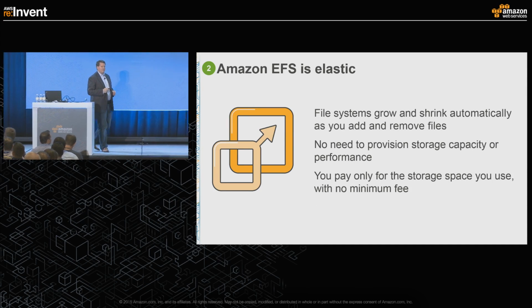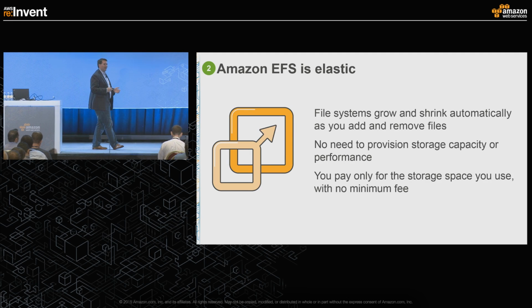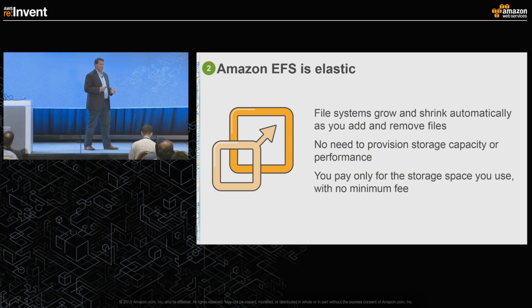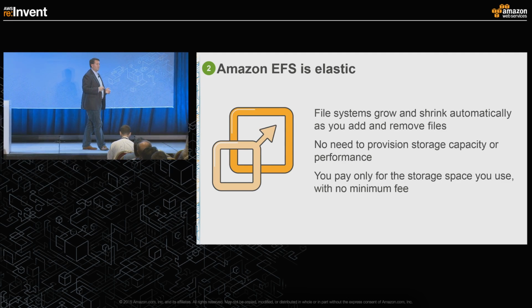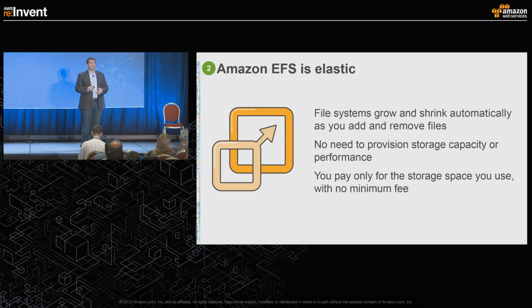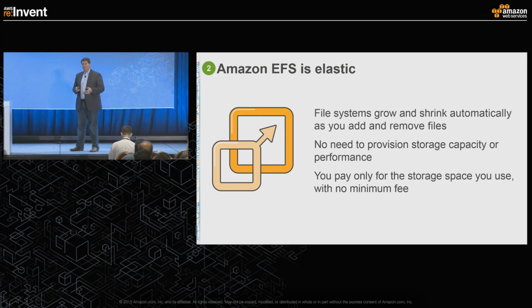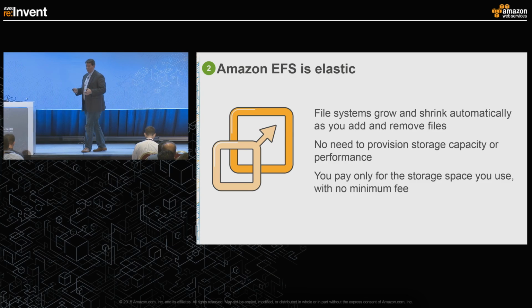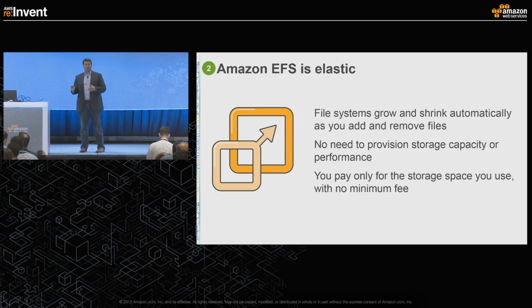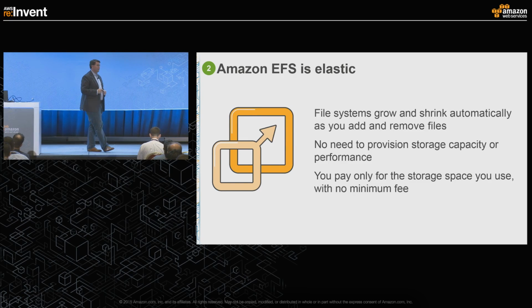Amazon EFS is elastic. The file system grows or shrinks automatically based on the volume of content you put inside of it. So with EFS, there's no need to pre-provision the volume of capacity in the file system. Today, with other approaches, you have to declare how big you think your file system is going to be. When you grow into that file system, you have to take it offline. You then have to roll forward a snapshot and try to grow a new file system. And many of those operations are offline events or offline conditions.